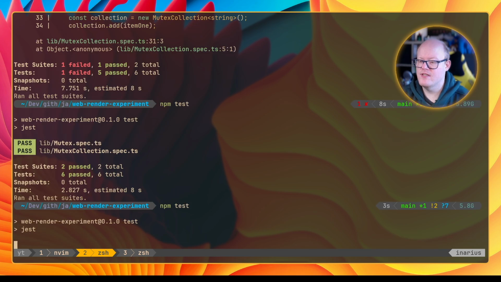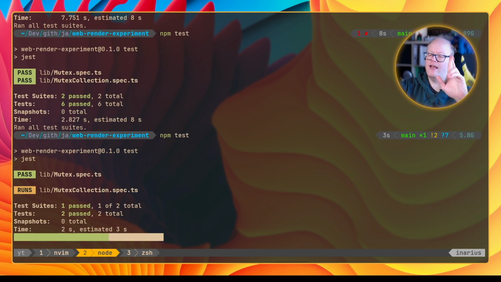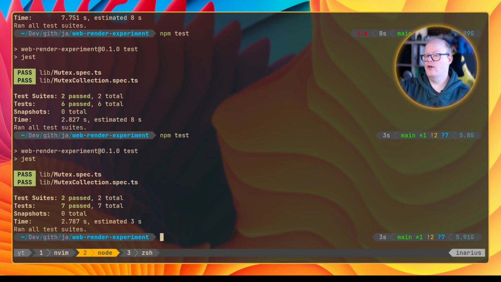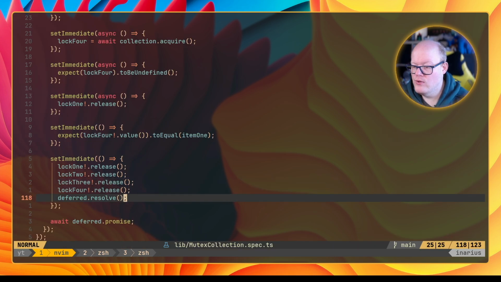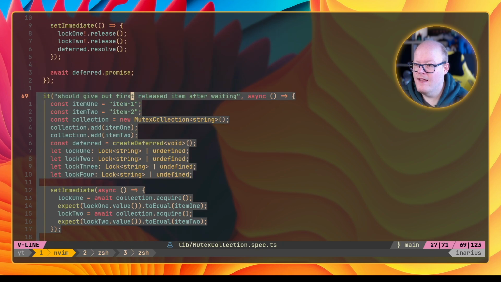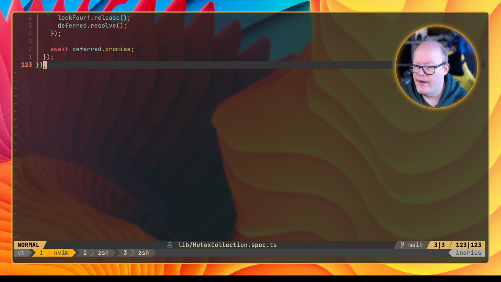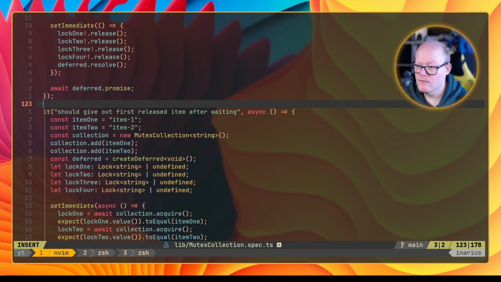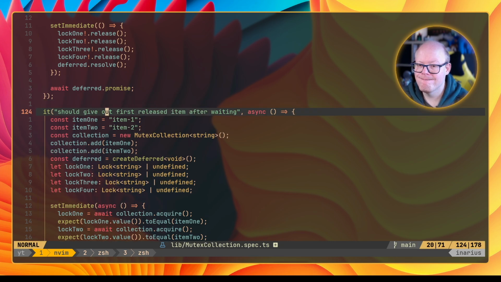And now let's see if this actually works, because now we have 2 and yeah. Okay, so that actually works, and we are just getting back the next one which is available. And now I would like to actually test one last thing. What happens if I request one? It should give out newly added item